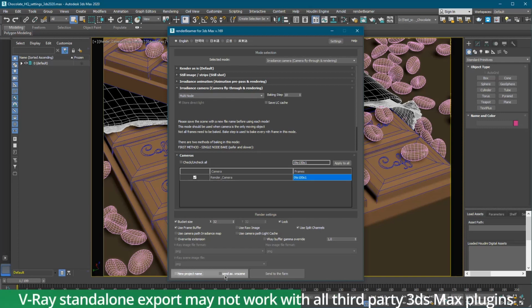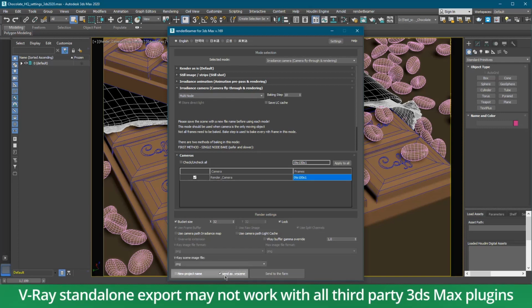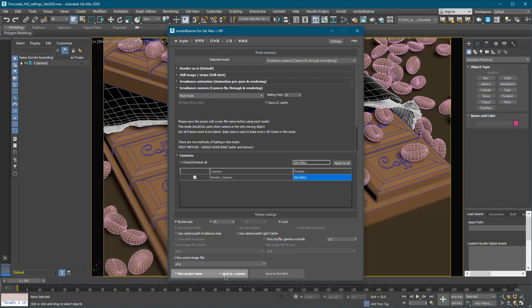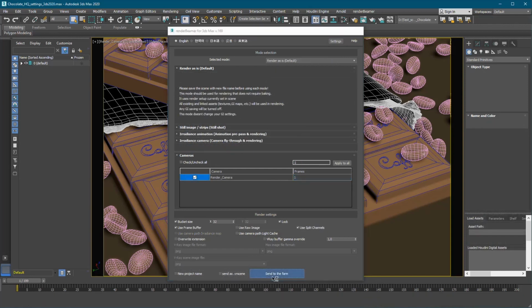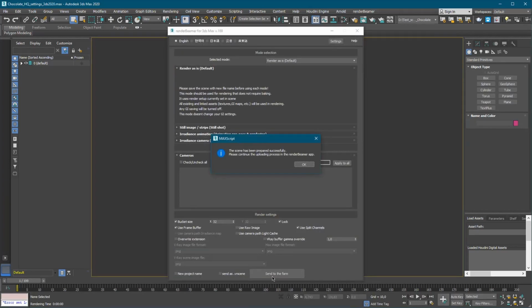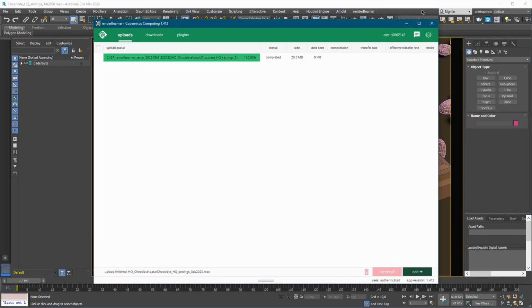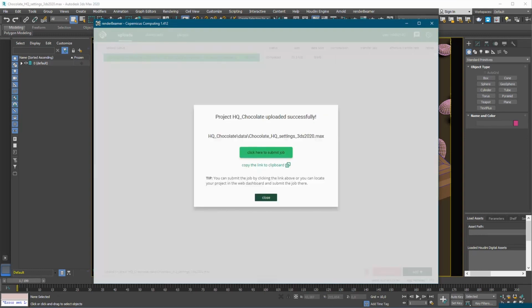and Send as .vrscene, which will export your 3ds Max project to the V-Ray standalone and render it with the dedicated standalone version. The last but most important one is Send to the Farm. Once you click it, your project will be forwarded to RenderBeamer and uploaded to the farm with the desired render settings. That's basically it when it comes to 3ds Max plugin